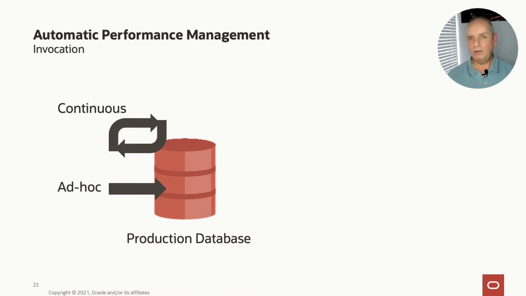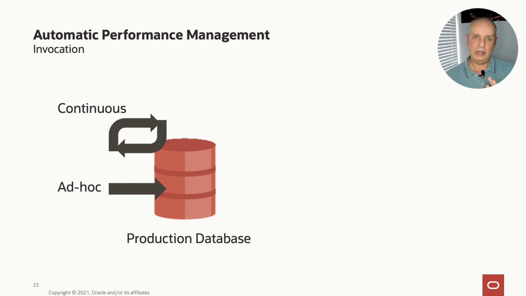So how is this invoked? What's going on here, if you like, to make this all happen? So really, there's two modes of operation. You have continuous. And what I mean by that is that essentially the engine can wake up periodically. So it's always looking. So it wakes up, checks, goes to sleep again, wakes up, checks, and goes to sleep. So you have this sort of continuous process. So it's always going around the loop, happening 24/7, for example.